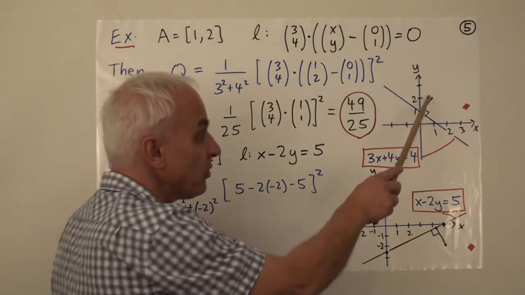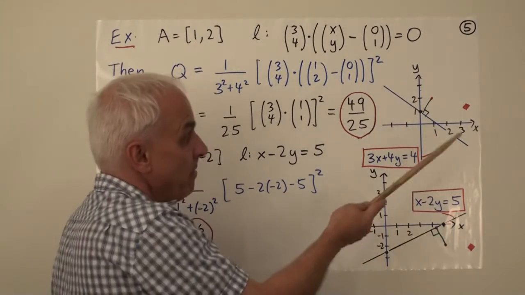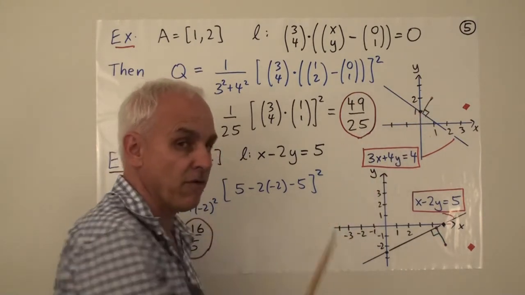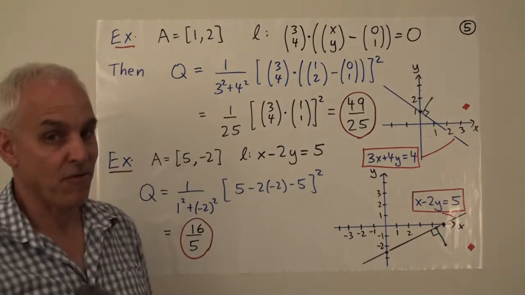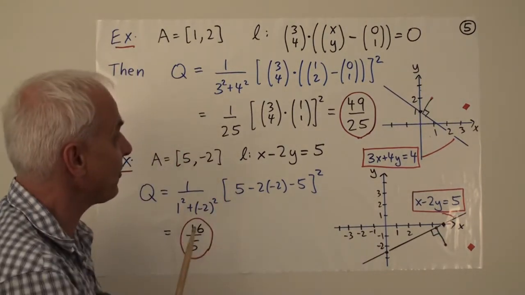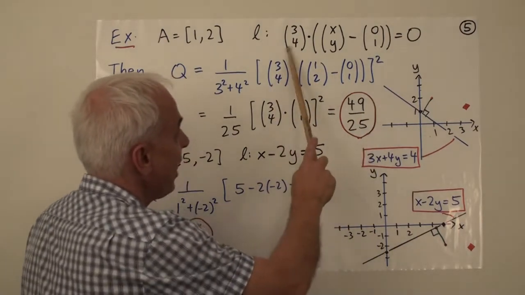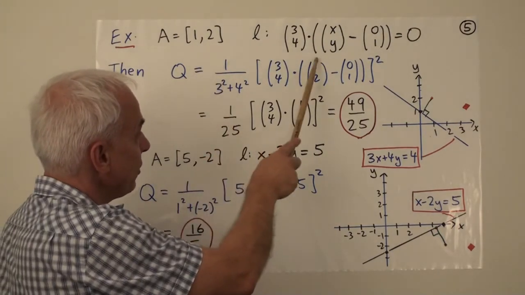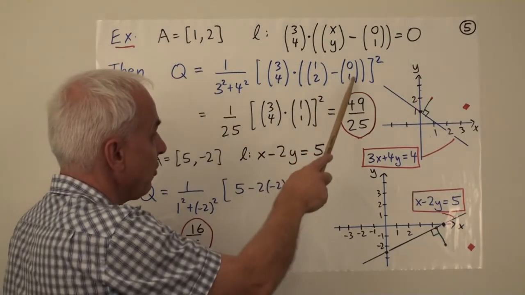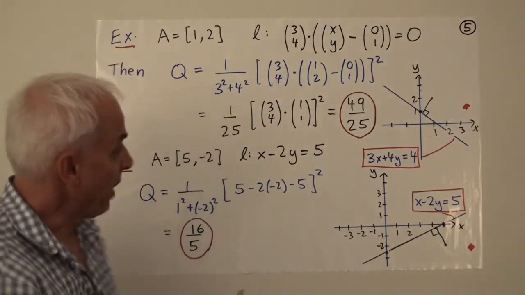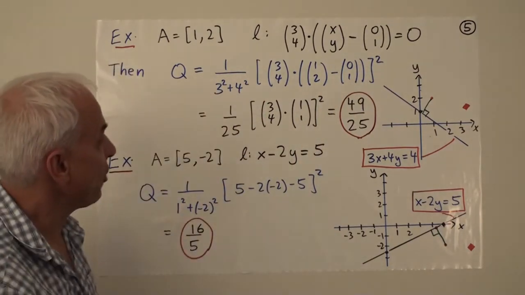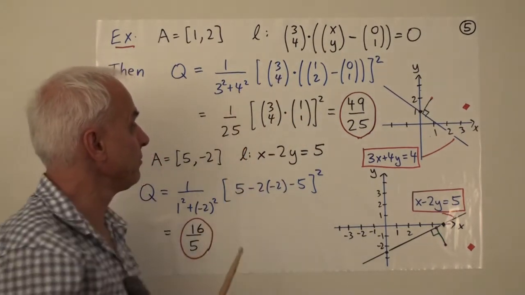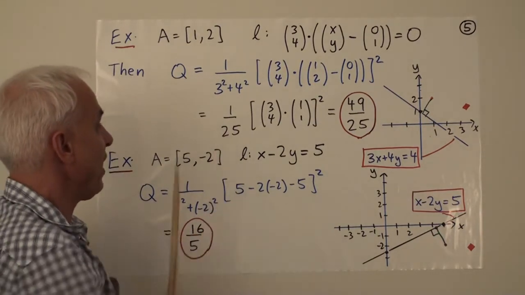We're interested in the quadrance between this point and this line, by which we mean this vertical quadrance that we get by dropping a perpendicular from the point to the line. Okay, so the formula tells us that the quadrance is what you get when you take this equation and replace the unknown (x, y) with the particular point (1, 2). So we get (3, 4) dot (1, 2) minus (0, 1), all of that squared, and we have to normalize by the quadrance of the vector n. 3 squared plus 4 squared.